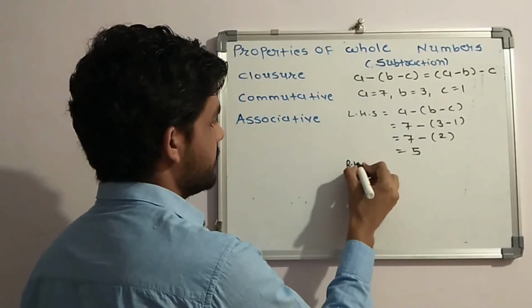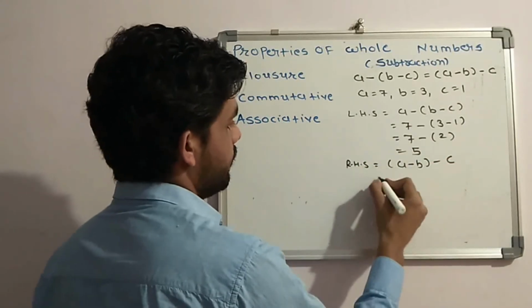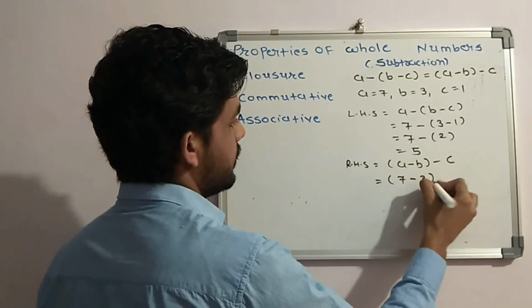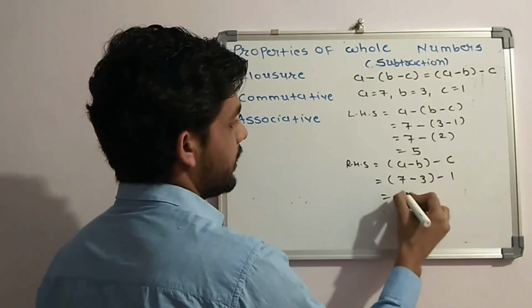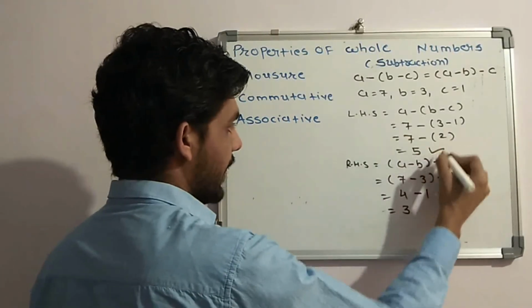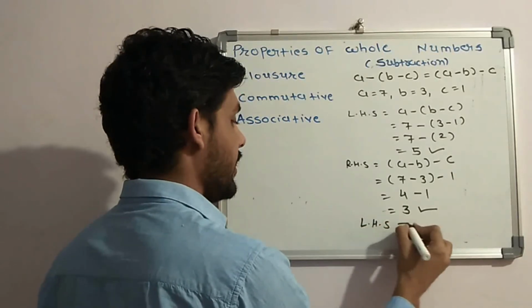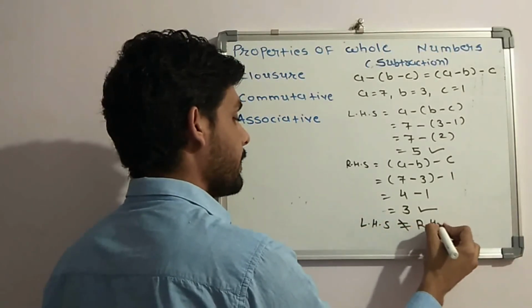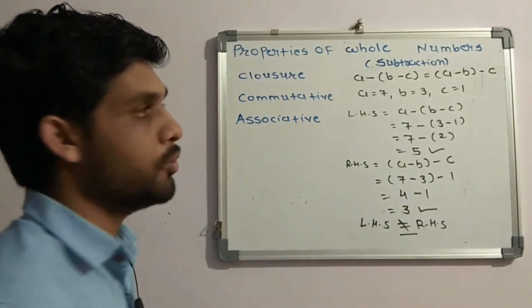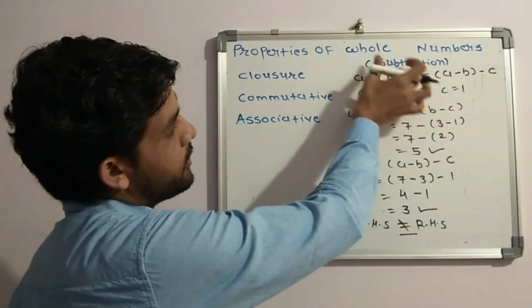What the right hand side says is a minus b minus c. Here the a is 7 minus 3 minus 1. 7 minus 3 is 4. 4 minus 1 is equal to 3. Here you can see that this is 5 and this is 3. From this we can say that the left hand side does not equal the right hand side, and from this we can say that the associative property is not closed under subtraction for whole